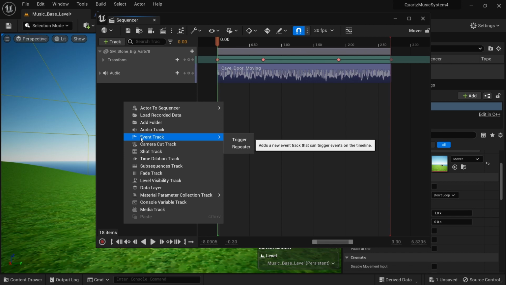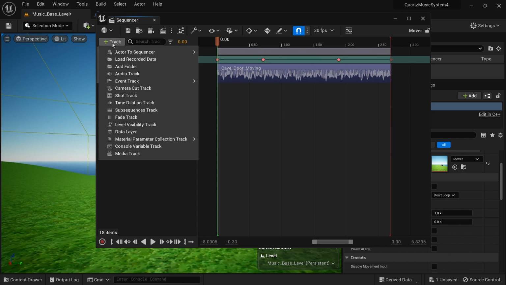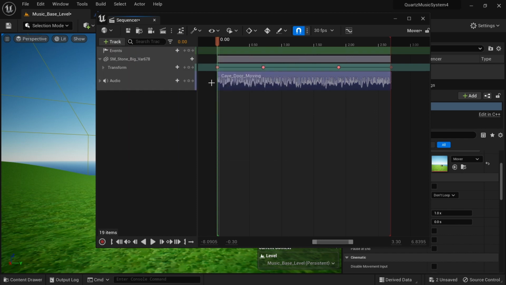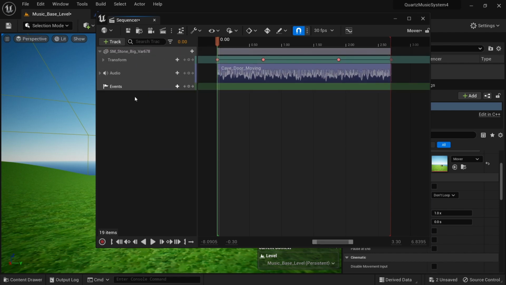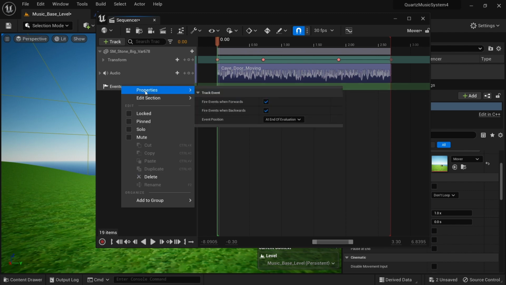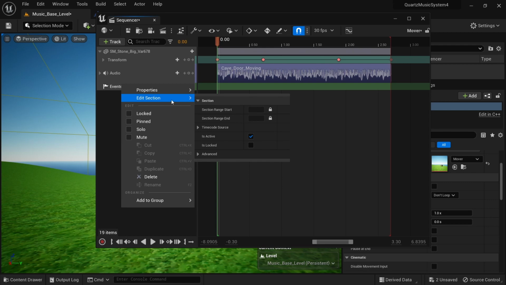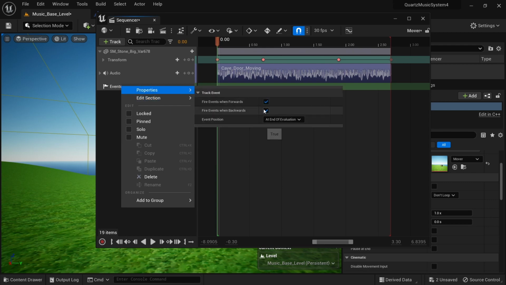To get this going, first thing we do is add an event track just like we did with the audio track. We're going to click, go to event track, and then we are going to click on trigger track. Just grab that and move it under our audio. And since we're trying to have things work both forwards and backwards, the way that events fixes this is if we right-click on it and go to properties, we can see that it fires off events when forwards and fires off events when backwards. So what I'm going to do is for this first one, I'm going to uncheck fire